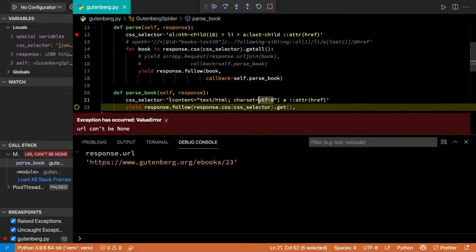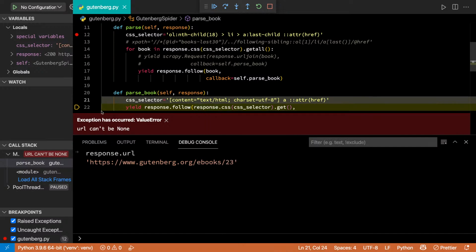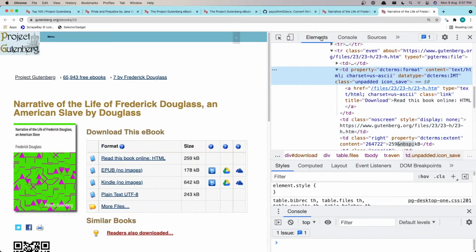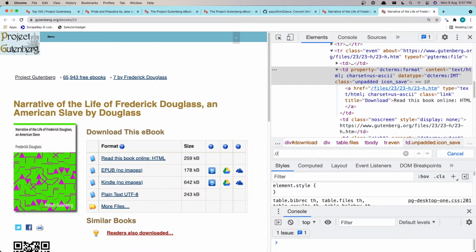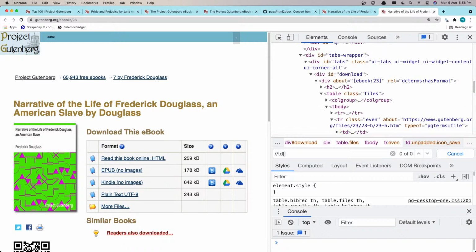Okay, so what are the things we can do? We can actually look for a partial match. Yeah, so let's look for a partial match, and partial matches are a little bit easier and more reliable in XPath. So I'm creating an XPath right over here. I'm going to look for all the TDs where, let's use the contains method, and this particular attribute content